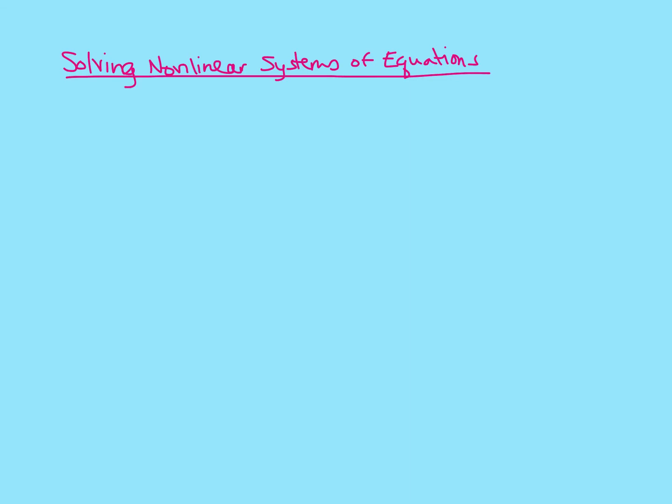So far, the majority of the systems of equations that we've been solving have been linear systems, meaning you have two equations that are lines. Now I want to talk about solving nonlinear systems of equations. The important thing to remember for these types is that you will often have more than one answer, so definitely